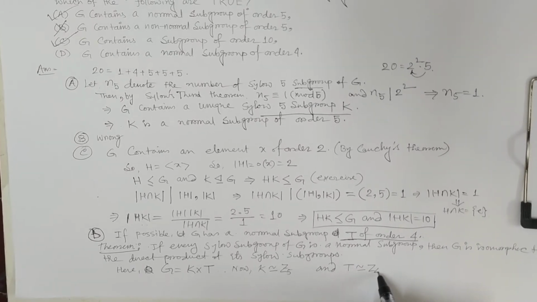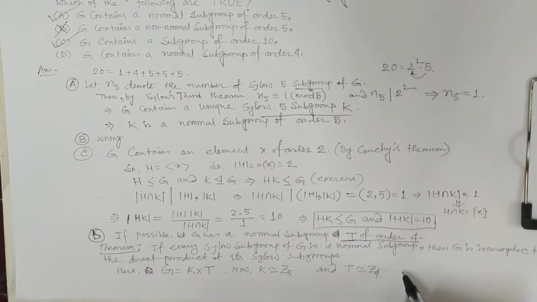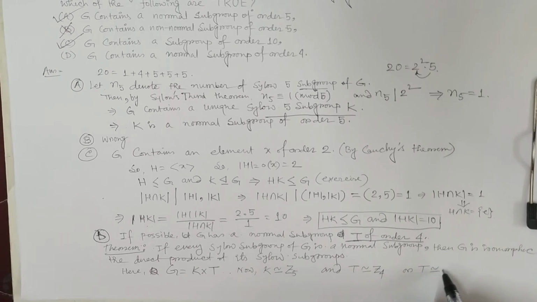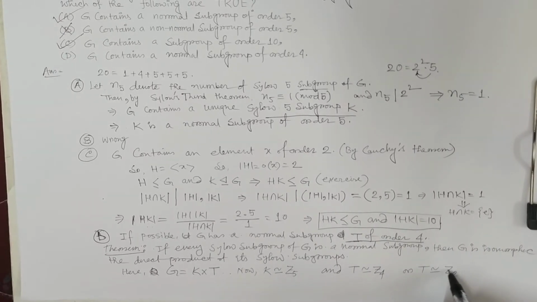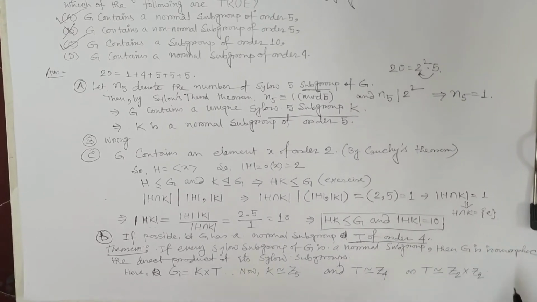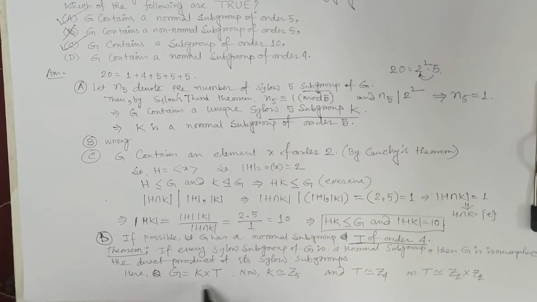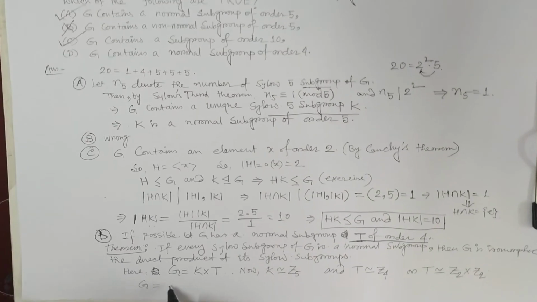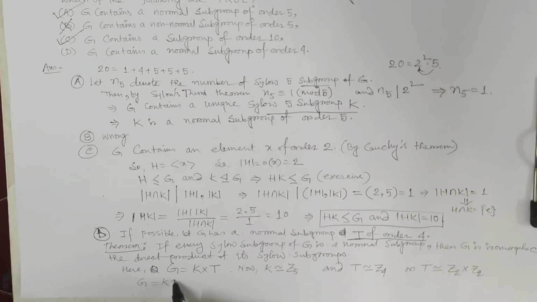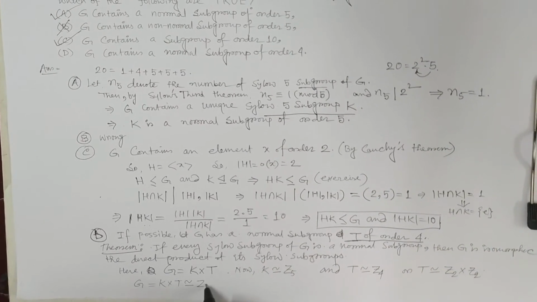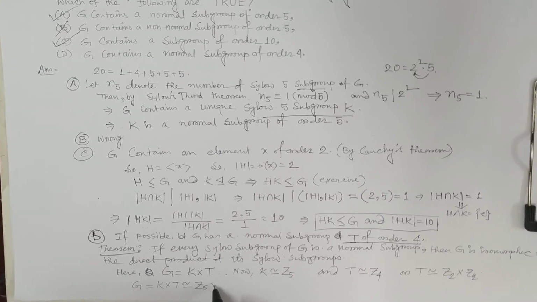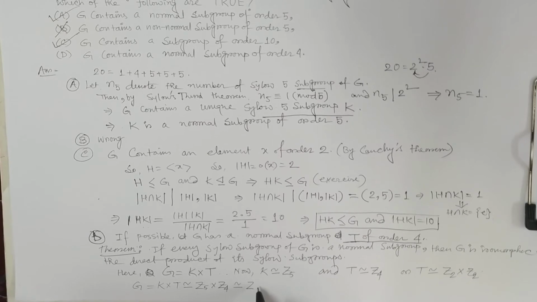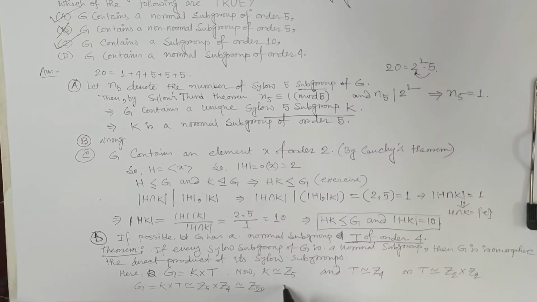One is the cyclic group of order 4 and another one is the Klein 4 group, that is Z2 direct sum Z2. So we have only two possibilities for G. So G equals K cross T, which is isomorphic to Z5 direct sum Z4, which is in turn isomorphic to Z20, or